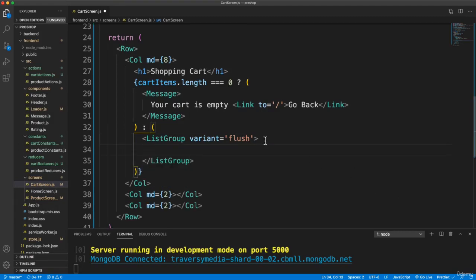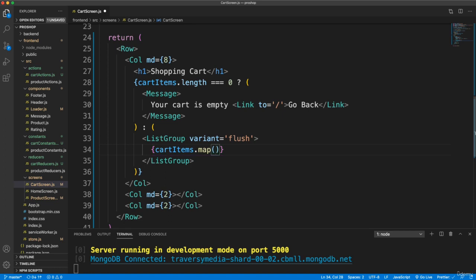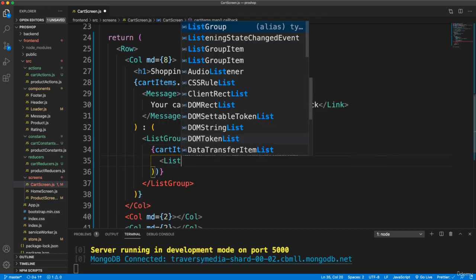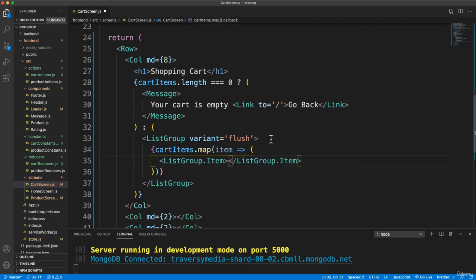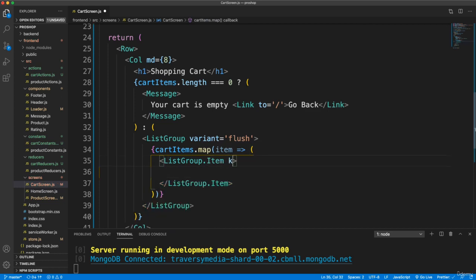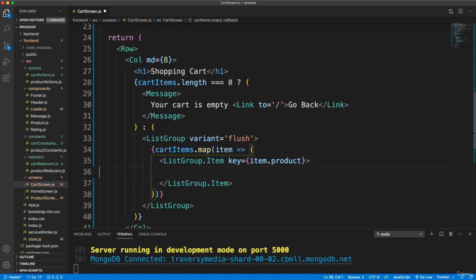In the list group, we want a list group item for every product in the cart. So we want to map through cart items and create a list. So cart items, and we want to map, and let's say for each item, I'm going to output a list group dot item, and this has to have a key. Since this is a list, we need a unique key here, which for that I'll just use item, and remember product is the ID, so item dot product. And then in here let's put a row,